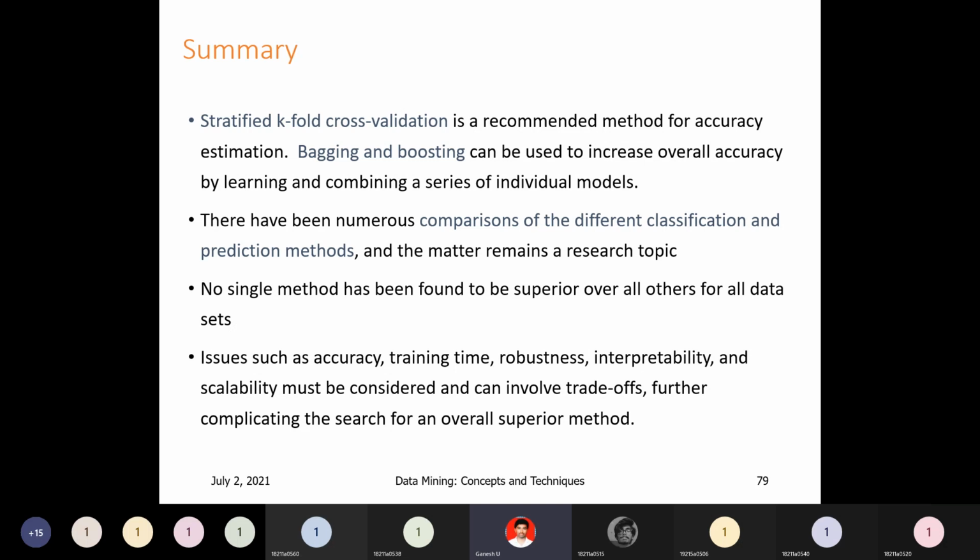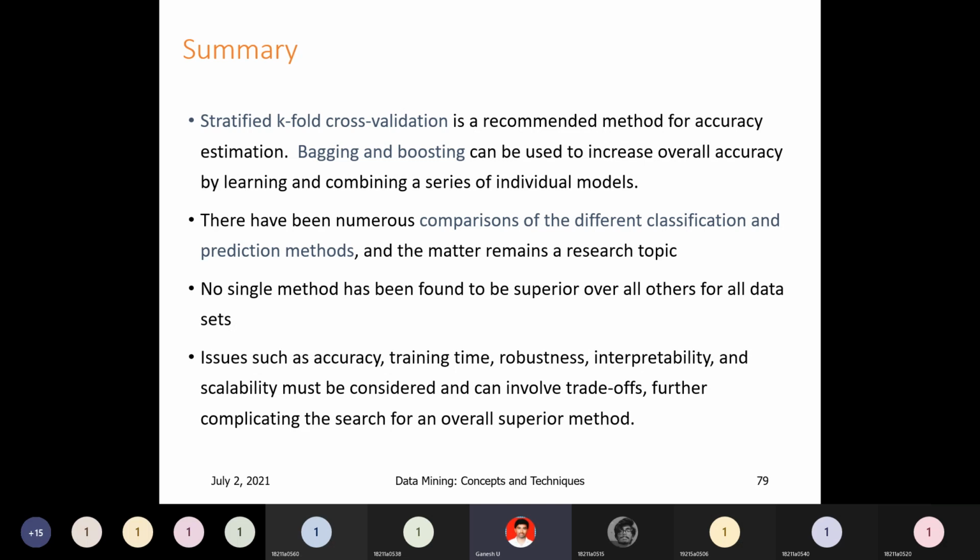For a small data set, we can follow the complex process, because it gives good accuracy. But if you take a very large data set and apply back propagation, that is a very complex process. So for exact results and accuracy, we cannot go for back propagation on a large data set. Like that, we have to take which classification method is suitable for which data set, and which prediction approach is good for which data set. We can get all this knowledge from this chapter.